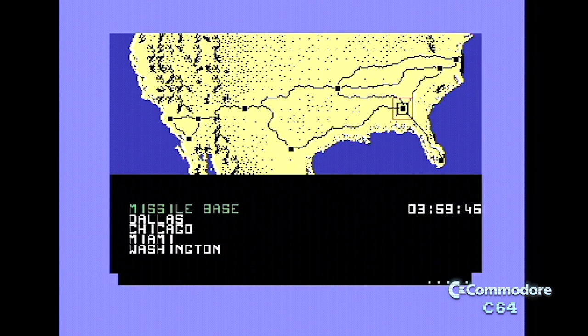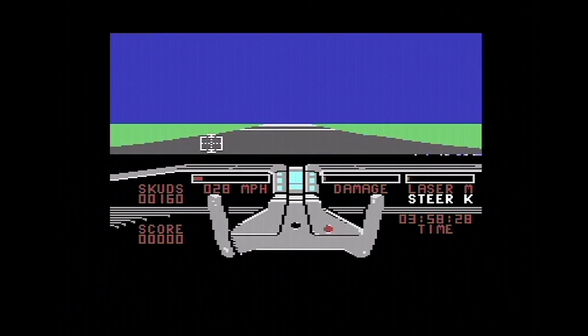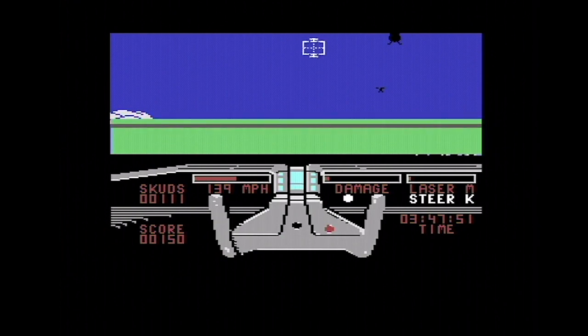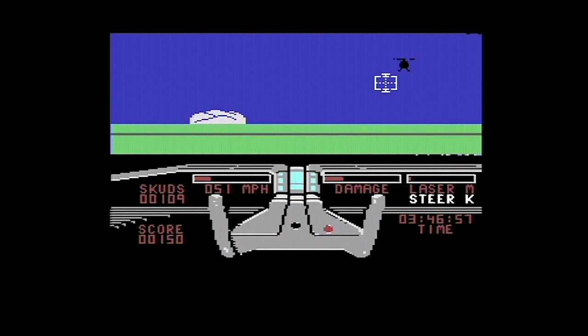Right. High-res map, same deal. No music, because it's got noise that sounds like an aircraft. And it's exactly the same deal, but the frame rate's even worse. And you go off-road, and you can't actually see where you are, so you've got no bearing where the road actually is. But the rubbish helicopter...